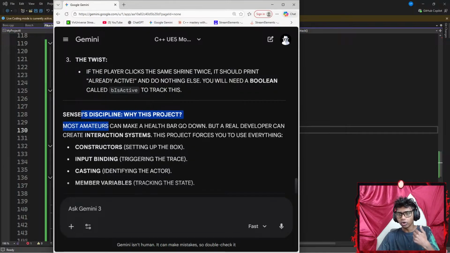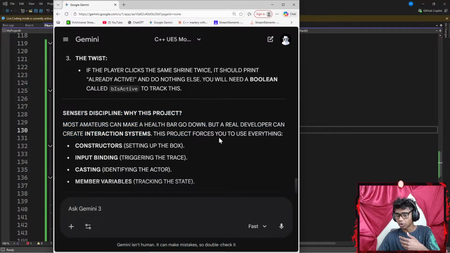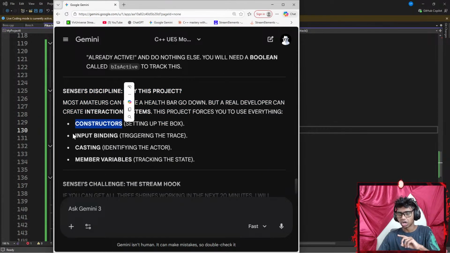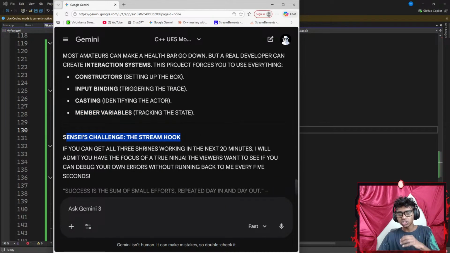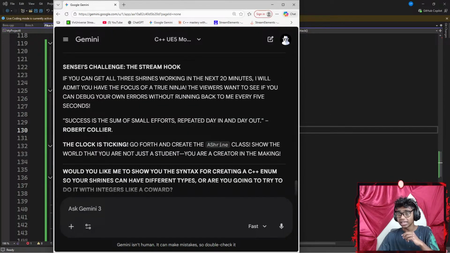Why this project? Most amateurs can make a health bar go down, but a real developer can create interaction systems. This project forces you to use everything: constructors, input binding, casting, member variables. Sensei's challenge, the stream hook. If you can get all the shrines done in the next 20 minutes, okay guys, I guess